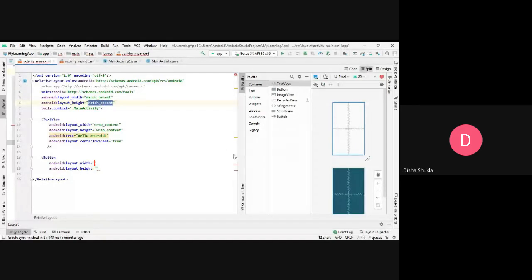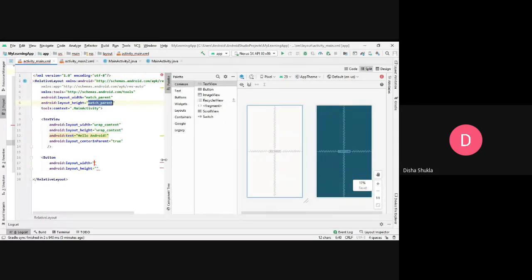What does this mean? When you mention that layout width is equal to match parent, this means its width should match the parent, and by default here the parent is your screen, so its width will be equal to the size of the screen.